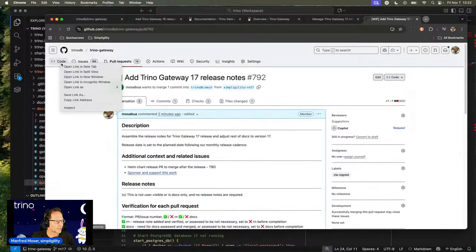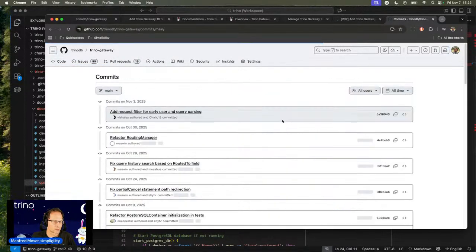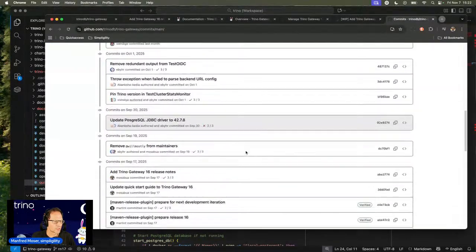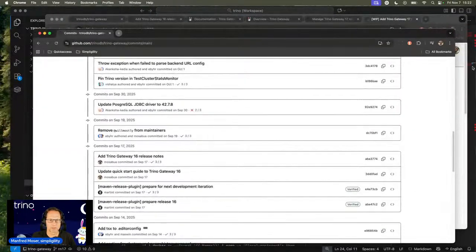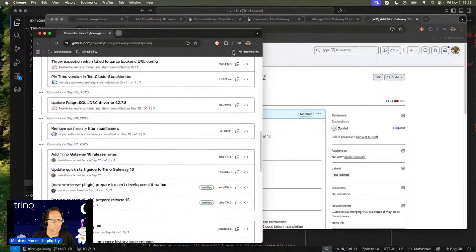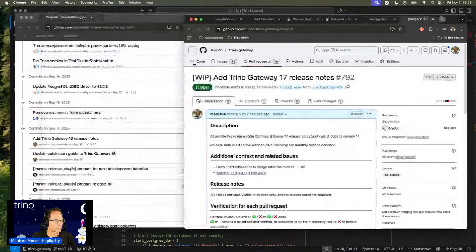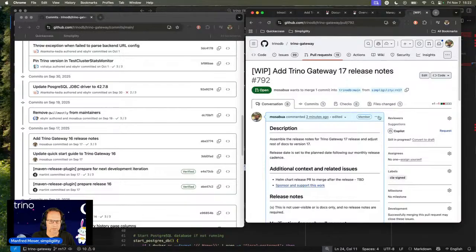In order to do that, I'll go over here and look at the commits. And you see this is our commit history. The last release was happening here on the 17th. So I can now go through and change this to be up to date. I'm going to show you side by side what I'm looking at and what I'm editing. So here